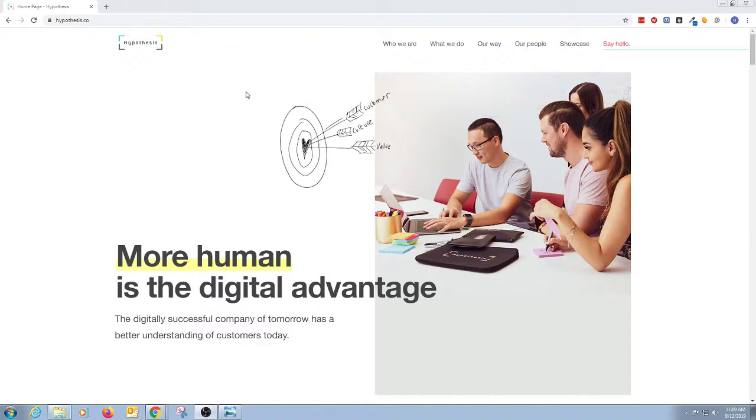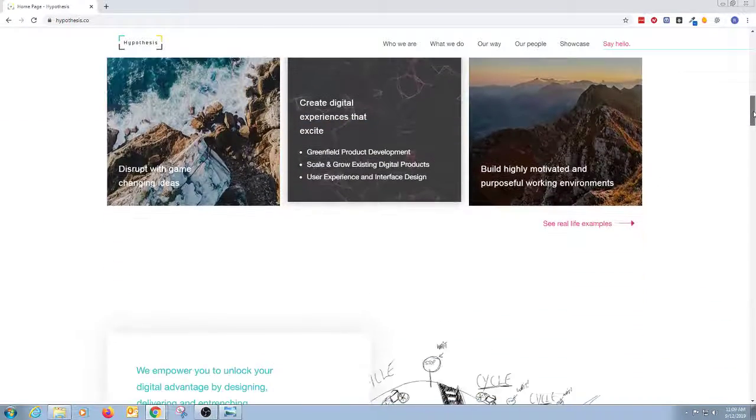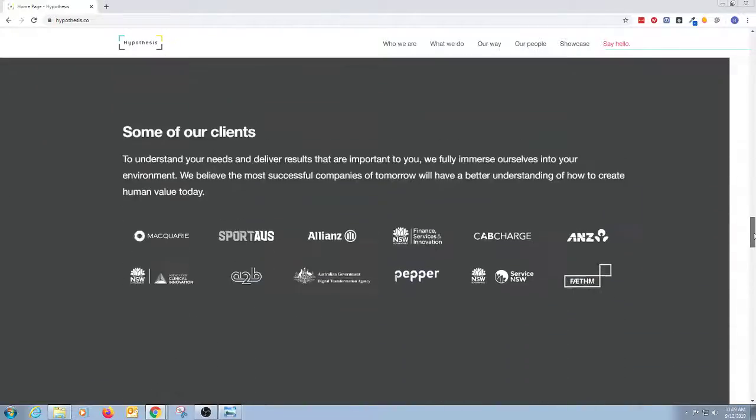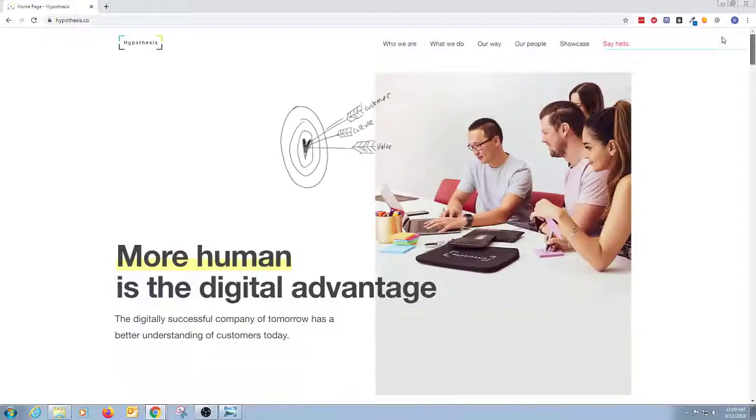Now, the first thing that caught my eye about your site is that it is very eye-catching. It is a very beautifully designed site, laid out very nicely. It's got a lot of good features on it. Now, in terms of the human element, that's great, and obviously that is what you're targeting. Although, to be honest,